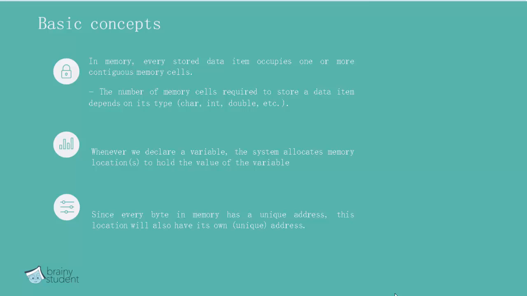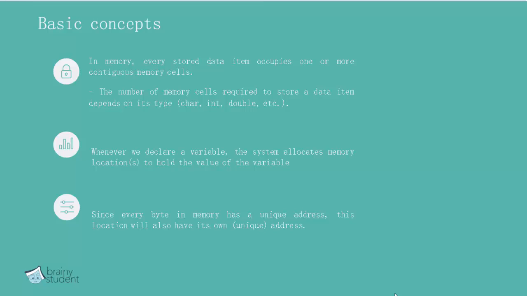Whenever we declare a variable, the system allocates a memory location to hold the value of the variable. If I declare int a, it is a variable of integer type and it will reserve 2 bytes in memory, so that whenever I assign any value to a, let us suppose a = 10,